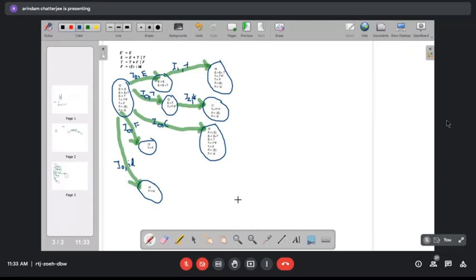Now let's do state 5. Here we have F producing open parenthesis dot E close parenthesis, that is the first one.